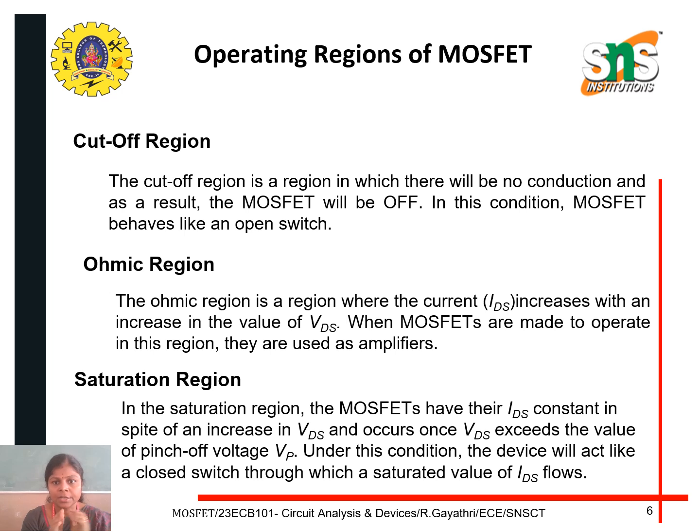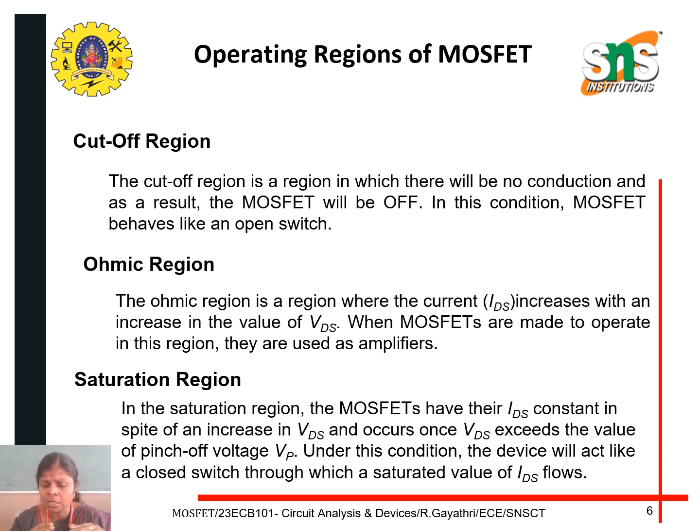The operating regions of the MOSFET: in the characteristics of the MOSFET, we can describe 3 operating regions, which are cutoff region, ohmic region and saturation region. In the cutoff region, we can simply say the MOSFET will be in turn off condition. It behaves as an open switch. Whereas in